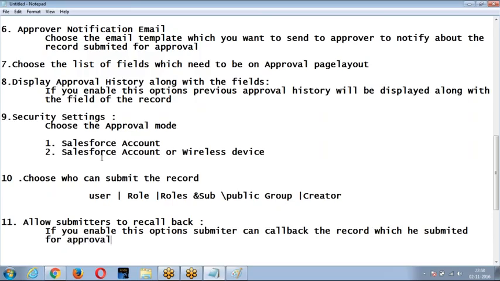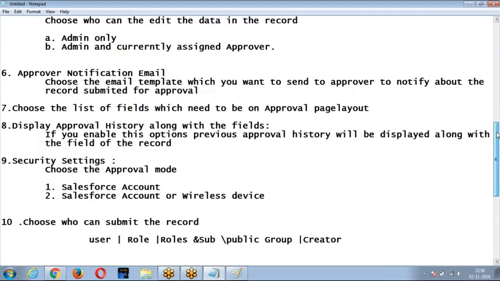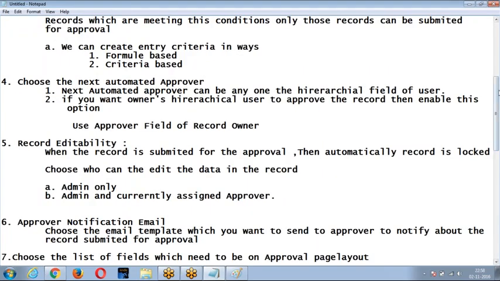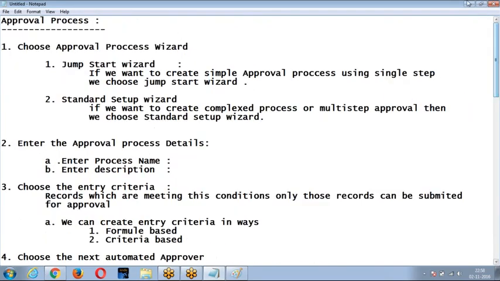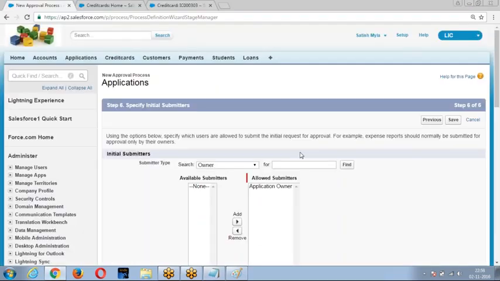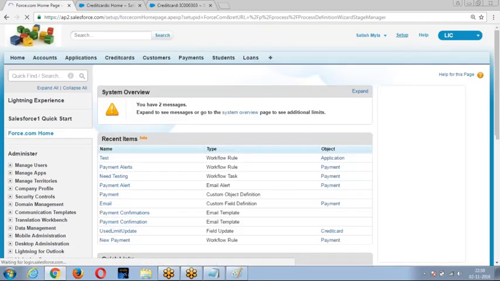So these are the first step. All this together is called the first step of the approval process. So let me show you all these steps together. This is only the first process what you have done. Step number 1 we have done. So let me give you, look at the navigation, setup,